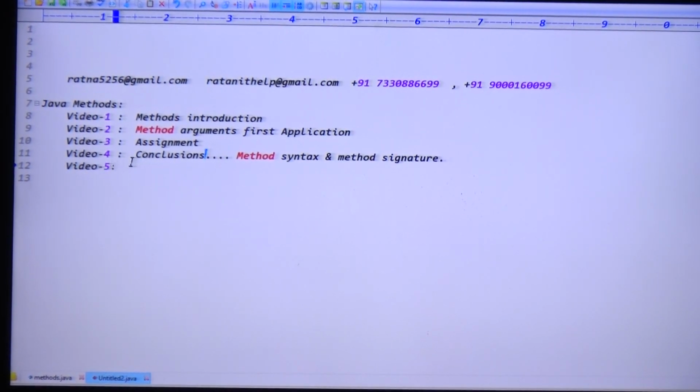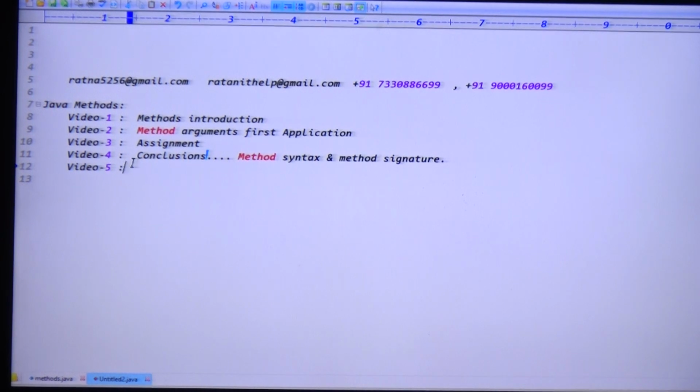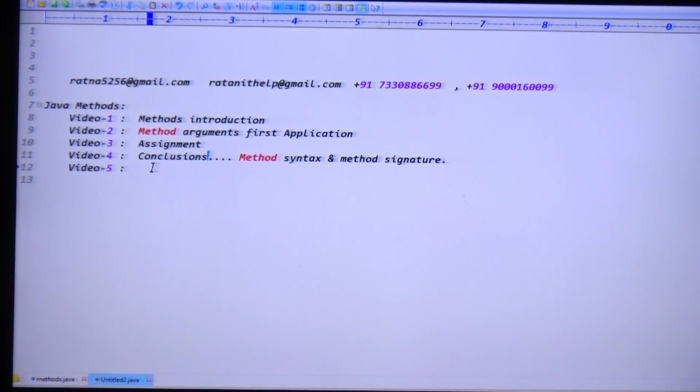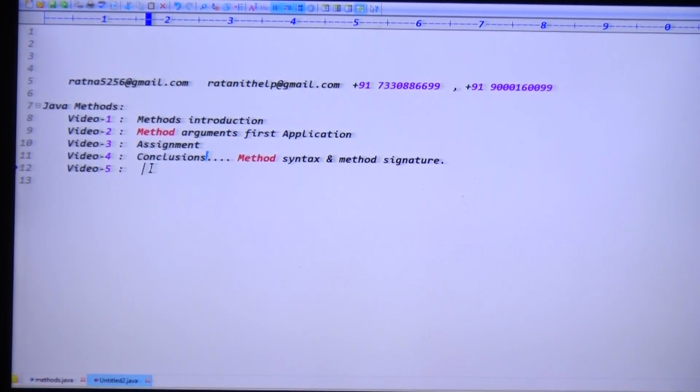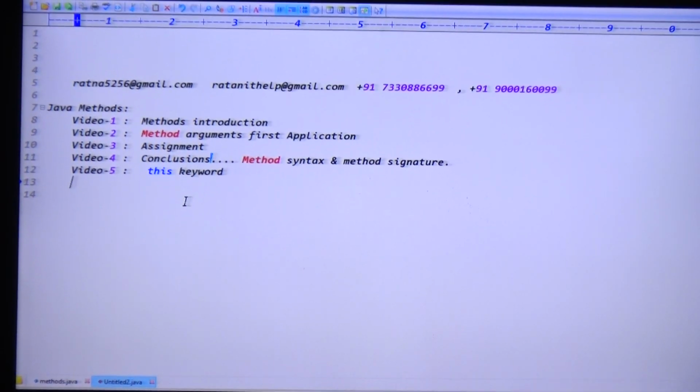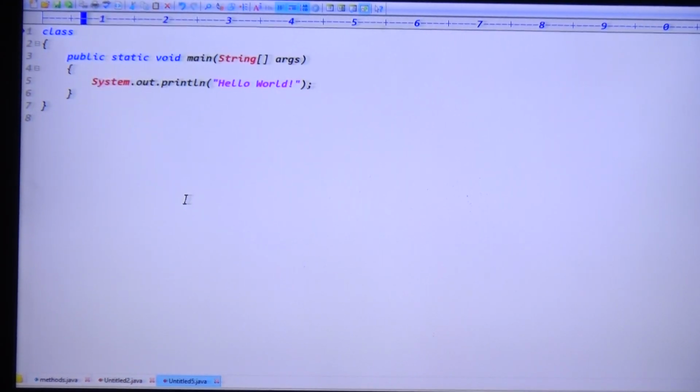So the guys who are checking this video, please check the last 4 videos first, then start this video. Go by flow, guys. In this video we will discuss the this keyword. Before going to the this keyword, I'll take one example of how to pass the